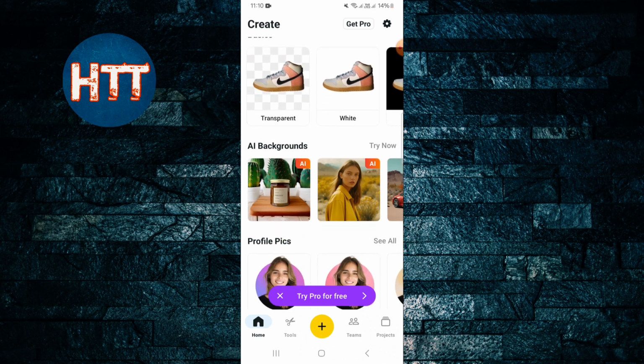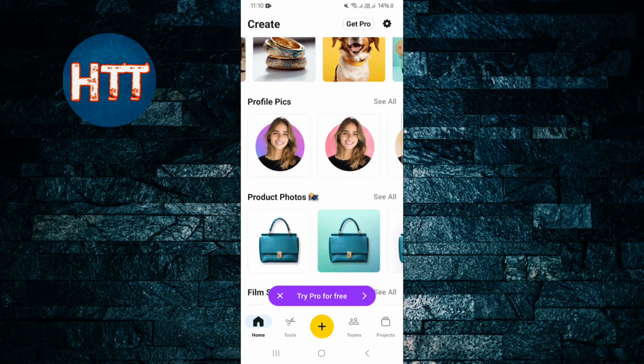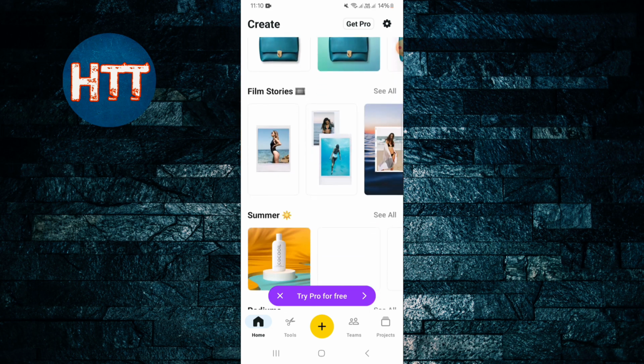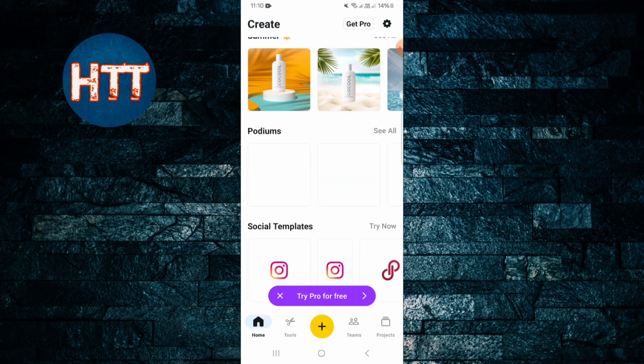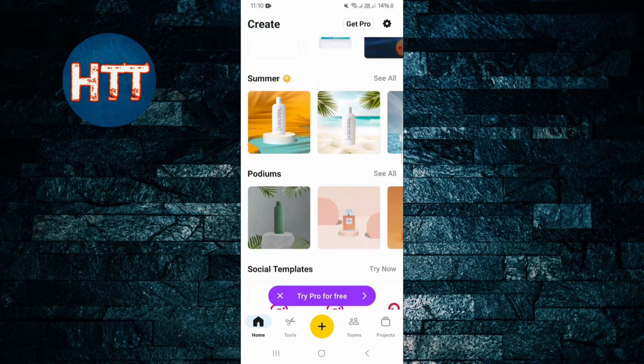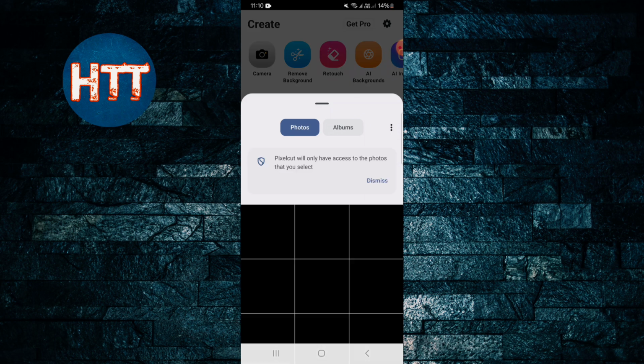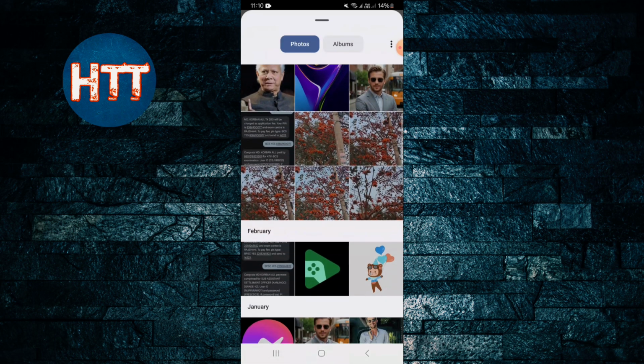So AI background, so you can get a background, profile pics, product photos. So it's good for those who work for business and products. They can use this app. So remove background, I'm just going to choose. Okay, let's see, and maybe